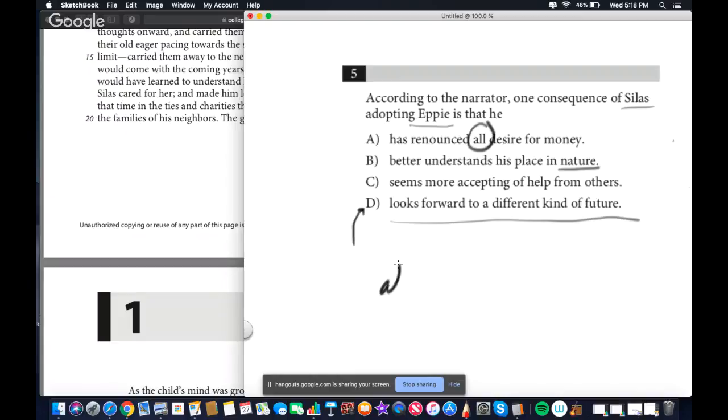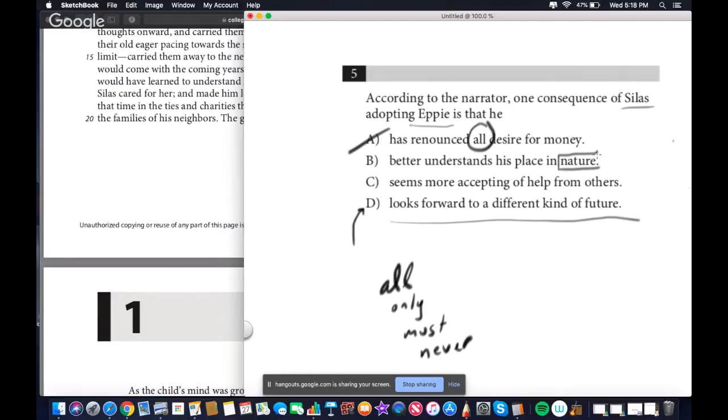If you see words like all or only or must or never, these words are too strong. They're almost always wrong. You notice I didn't say always wrong because then I'm making the same mistake that the question would make, right? Aha. So no, we're avoiding language like this because it's a little bit too strong. So I would probably not pick A just for that reason. And